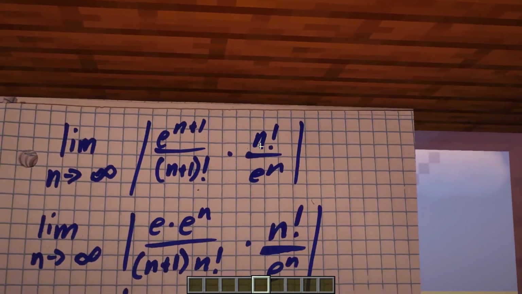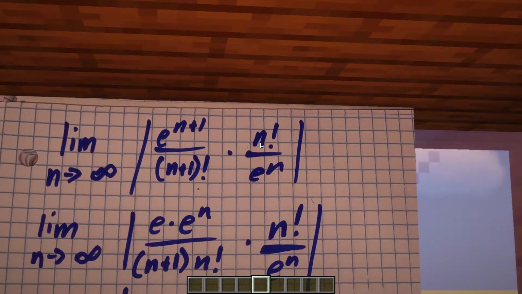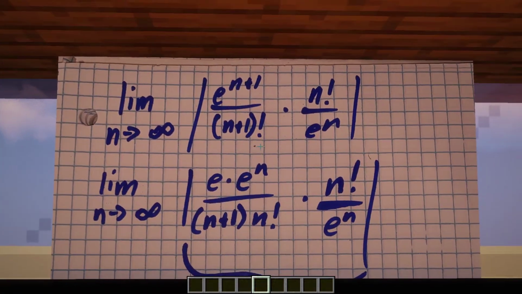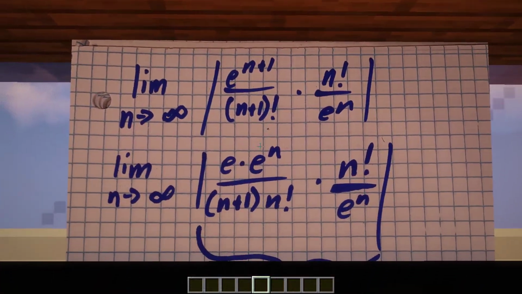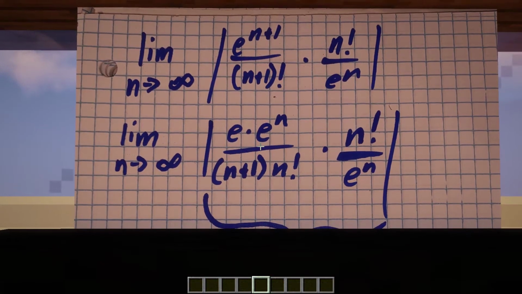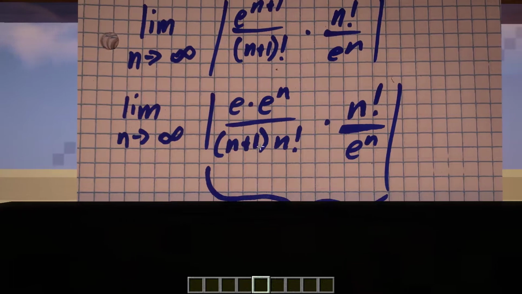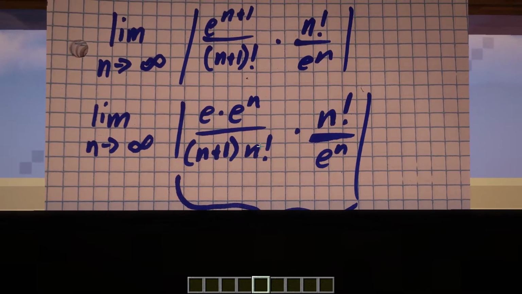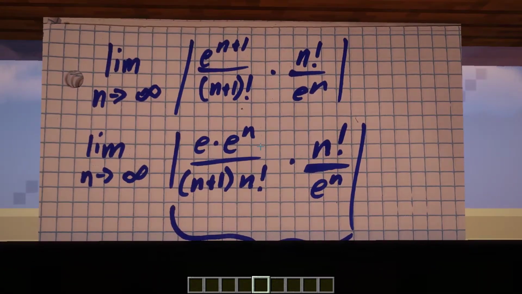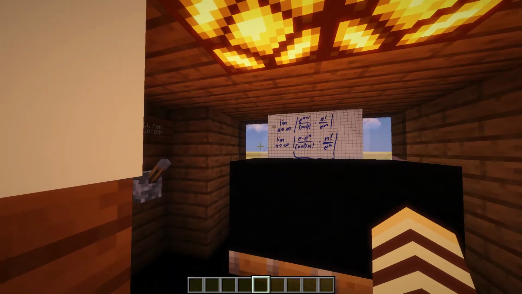And then I divided by the original term, so I just multiplied by the reciprocal, n factorial over e to the n. We can rewrite e to the n plus 1 as e times e to the n, and we can rewrite n plus 1 factorial as n plus 1 times n factorial. This makes it easy because we can clearly cancel out the n factorials and the e to the n's, and we're left with